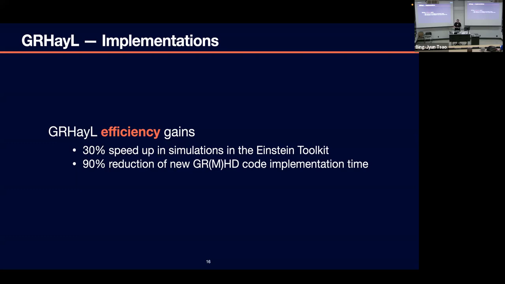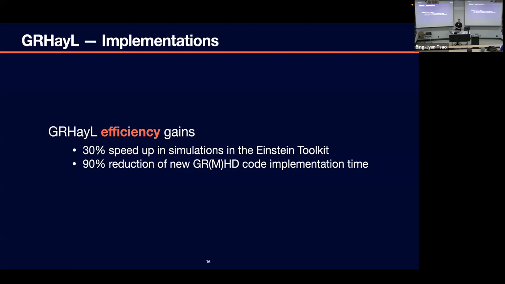But once GRHayL was ready, one of the PhD students in our group, Terence Pierre-Jacques, created a new GRHD code inside the Black Holes at Home infrastructure in just shy of 2 months, because it was able to use GRHayL. Granted, it does not have magnetic fields, but it is in curvilinear coordinates. The code's called Groovy.